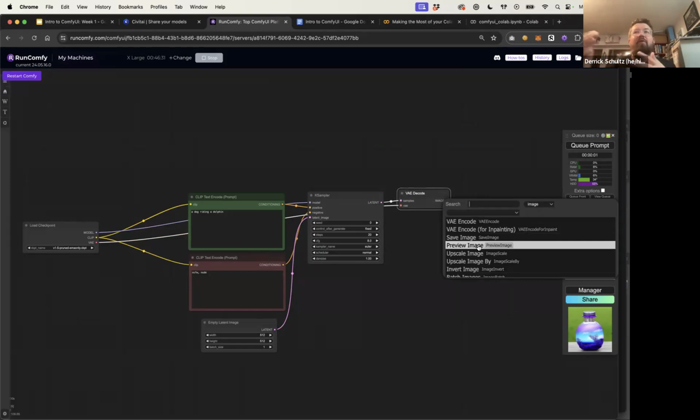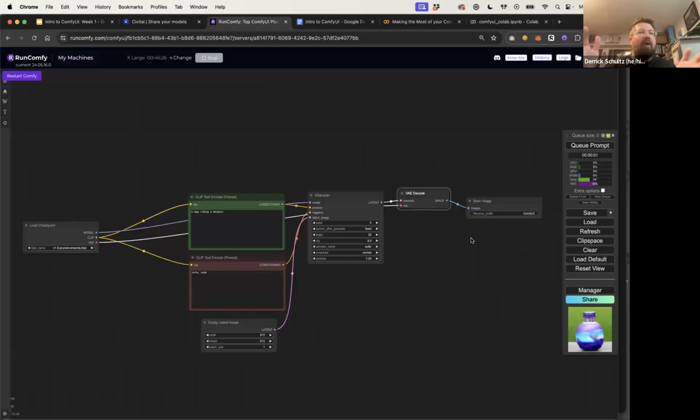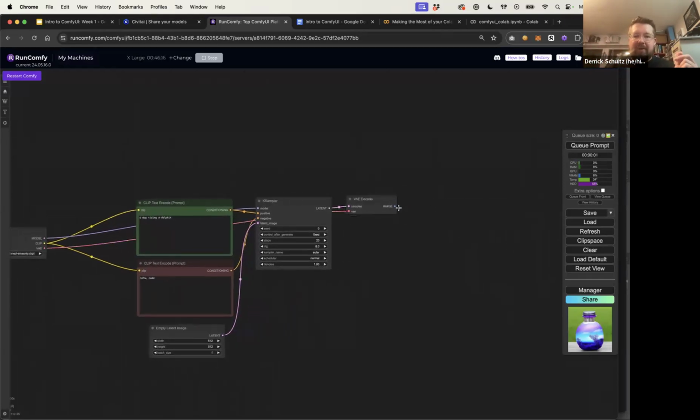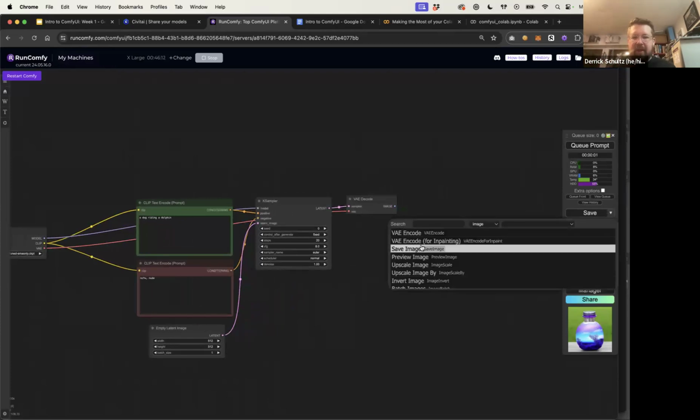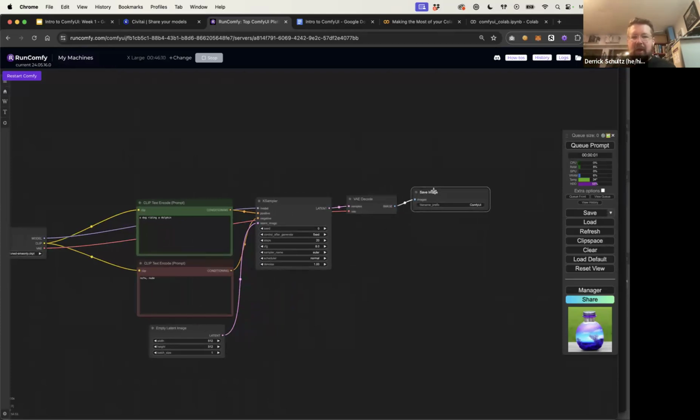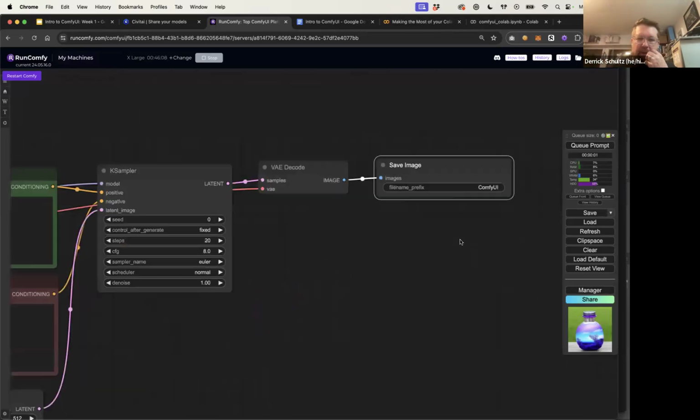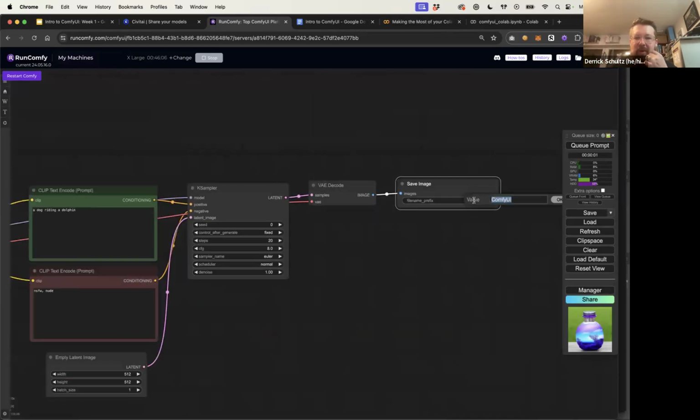The other is actually going to save your image to the RunComfy system, to your file system. If you're running this locally, this will save this to wherever you determine it to be on your file system. Usually there is a folder in RunComfy called outputs. That's just the default place everything is dumped. So I'm going to add a save image. So I'll click and drag and then hit Shift, and then we'll hit save image. And there's not really much to do with this one. All you can do is give it a file prefix name.